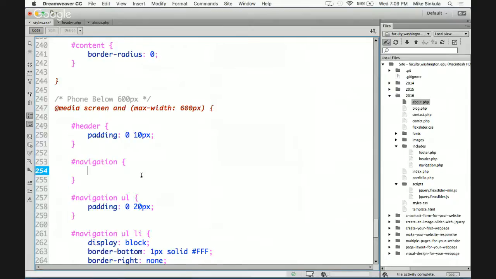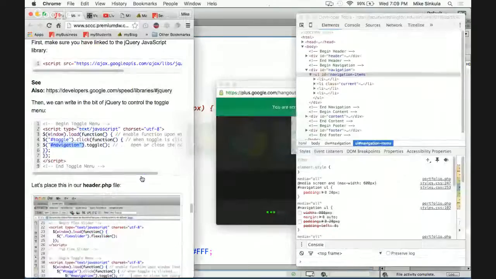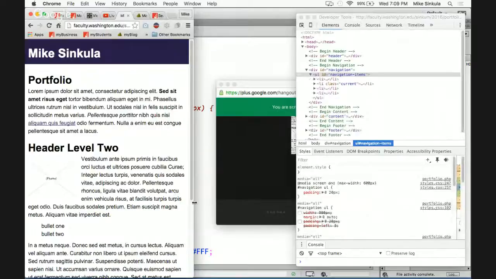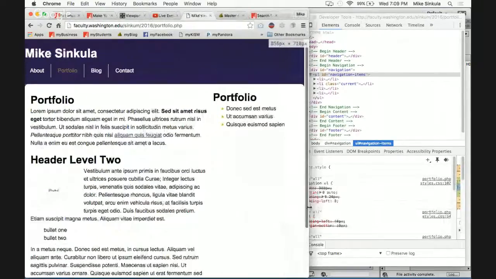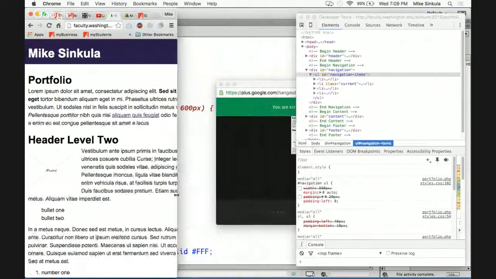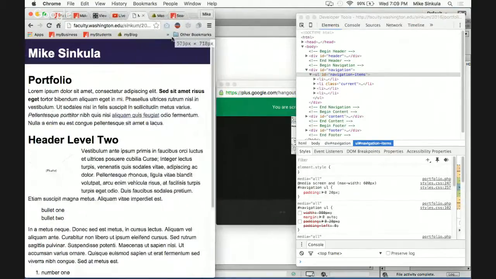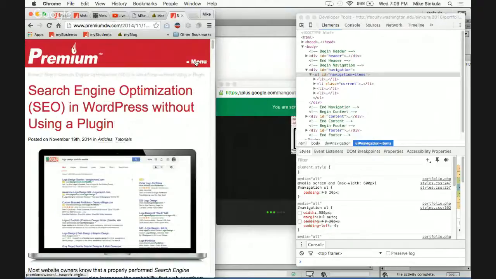Display hide. Those of you at home, they don't want to answer my questions anymore. Grown tired of the quiz. Display none. So therefore at 600, when we get down to 600, our navigation disappears. Okay, so this is where we want to have